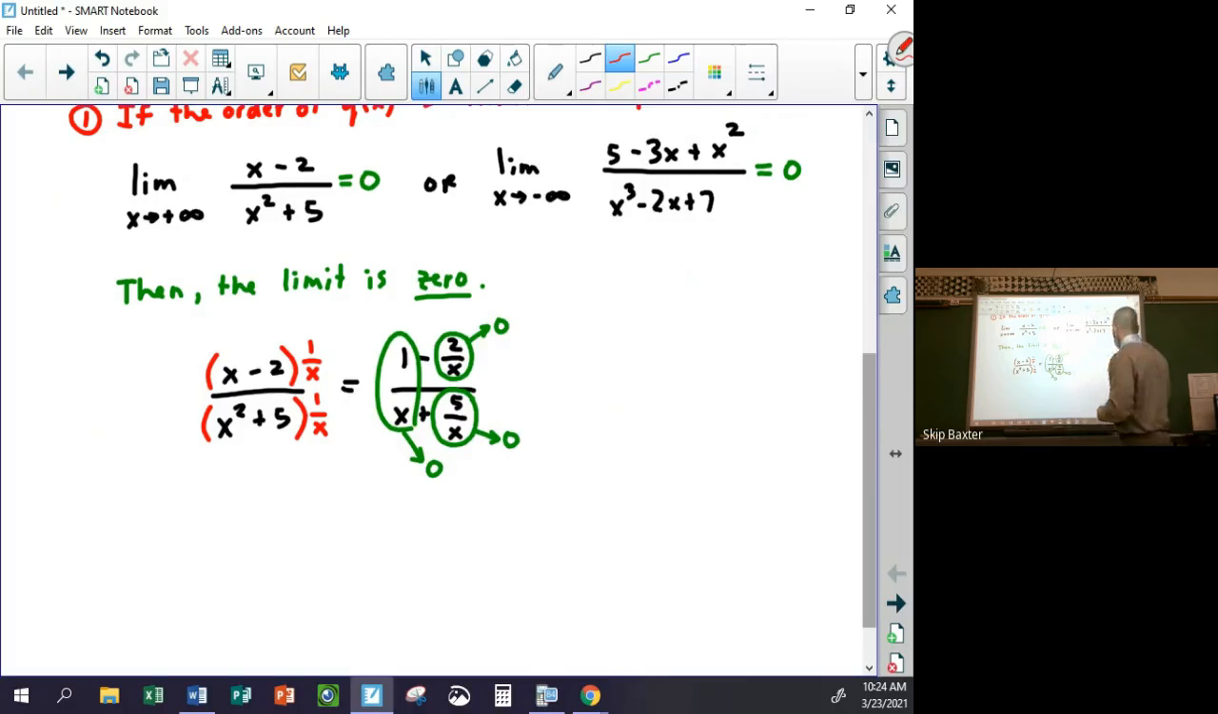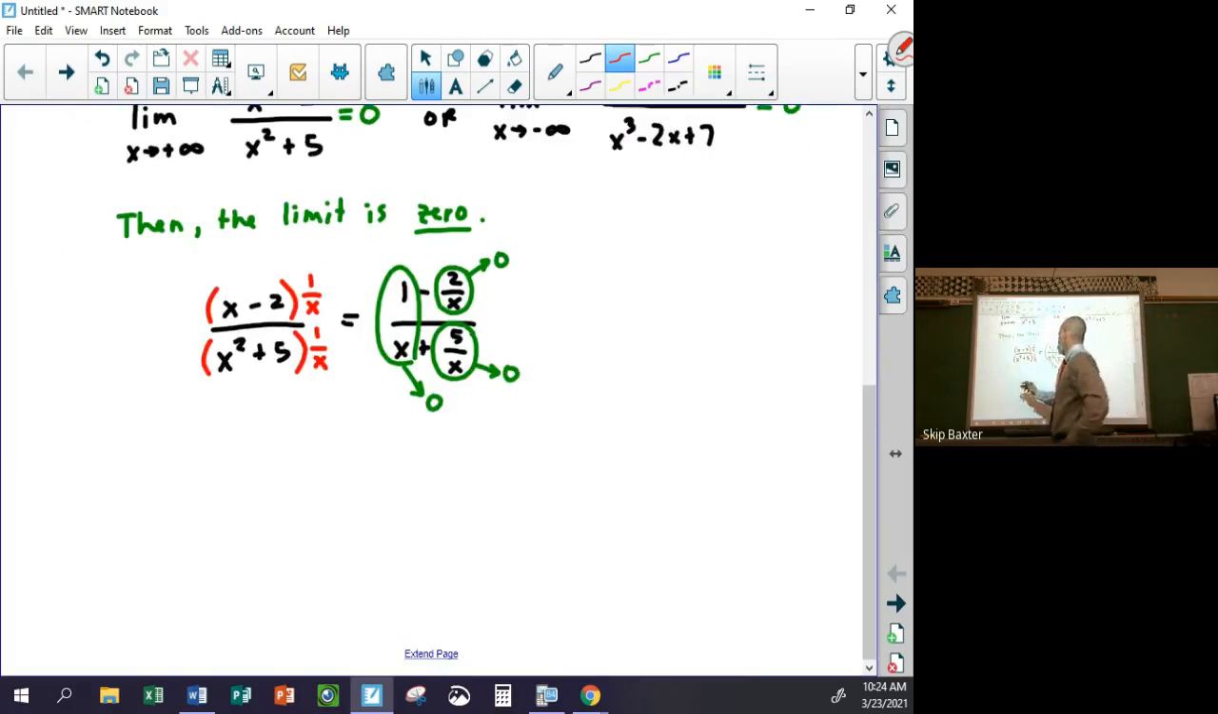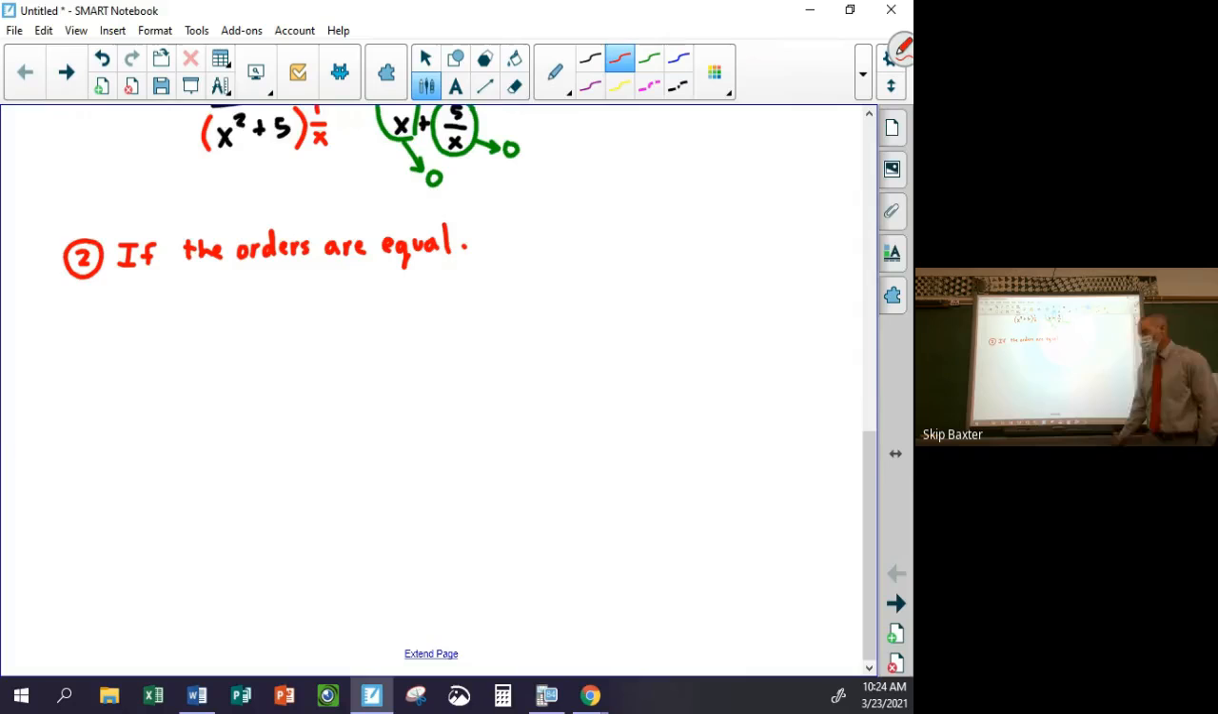The second possibility is if the order of q of x equals the order of p of x. If the orders are equal. Okay, so for example, you might have something like the limit as x goes to negative infinity of,